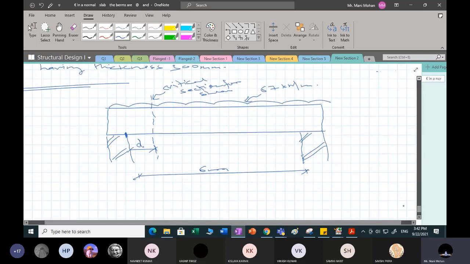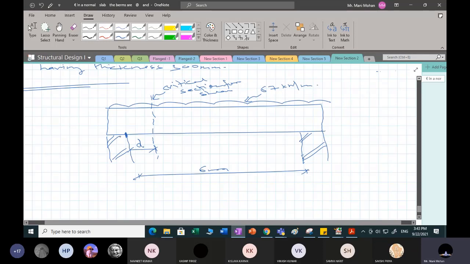But suppose you want to have a conservative design, you can always find the shear force at the support, and the shear force at the face of the support is going to be very high compared to what shear force you are going to get at the critical section. So in fact, if you design for a very high shear force, it will result in what? More amount of shear reinforcement. So that is going to be a more conservative design. But I would like to go with an economical design by taking advantage of the compression reaction at support.